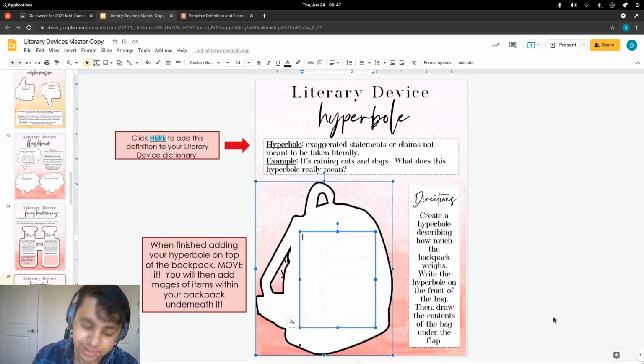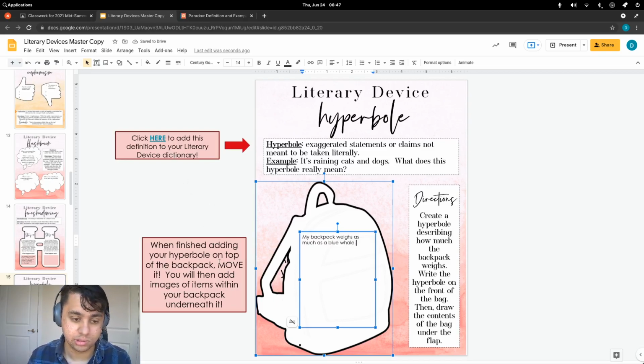So instead, I'm going to write, my backpack weighs as much as a blue whale. I believe the blue whale is the largest animal still alive. I'm not positive, but my backpack weighs as much as a blue whale. So go ahead and come up with 3 total